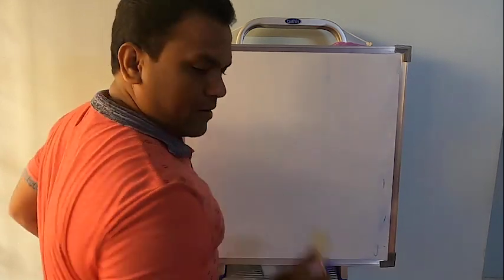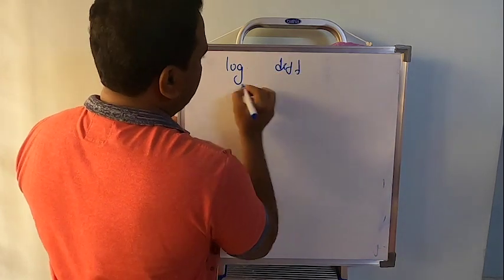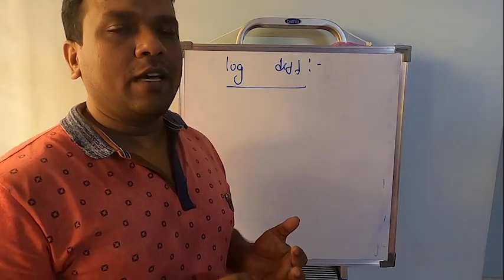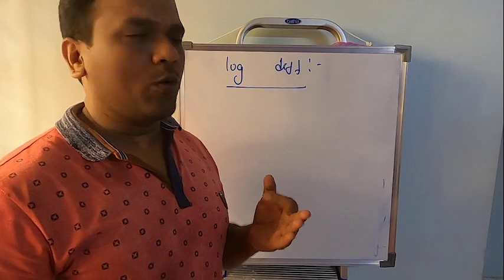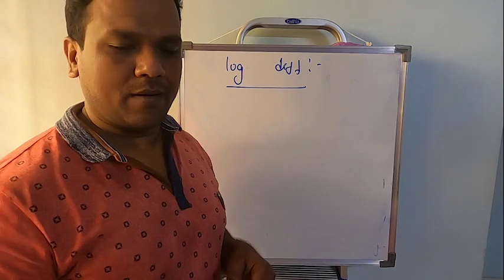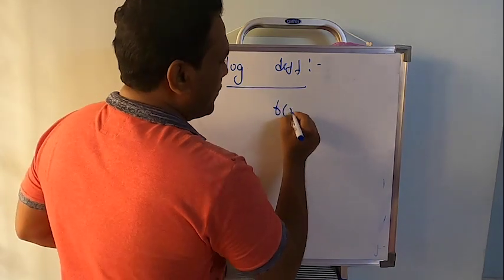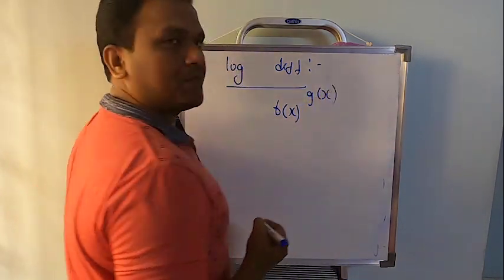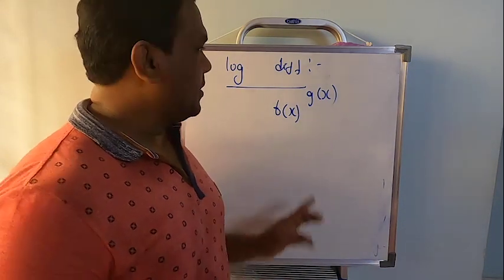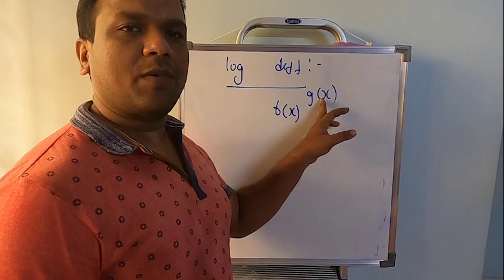The next topic we call logarithmic differentiation. This is our next topic. Remember what we have studied so far: chain rule, inverse trigonometric function, implicit function. Three are over. This will be the fourth one, logarithmic differentiation, the fourth type of differentiation in the second year topics. So how do we recognize a problem based on logarithmic differentiation? Quite simple. Whenever you get constant to the power function, we have a formula. If function to the power constant, we have a formula. But there is no direct formula to differentiate anything in the form of function to the power function.